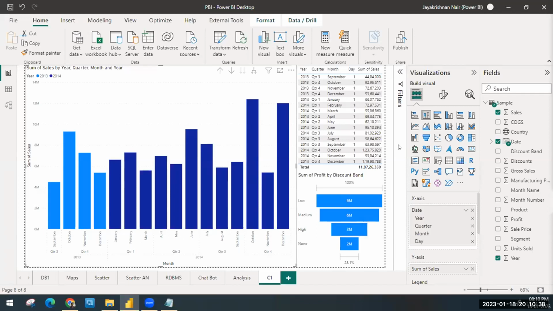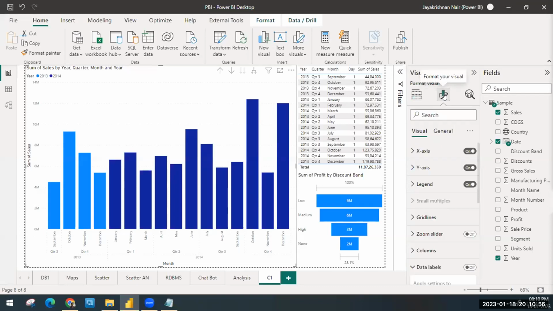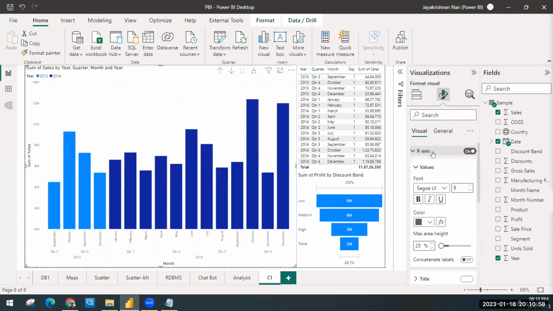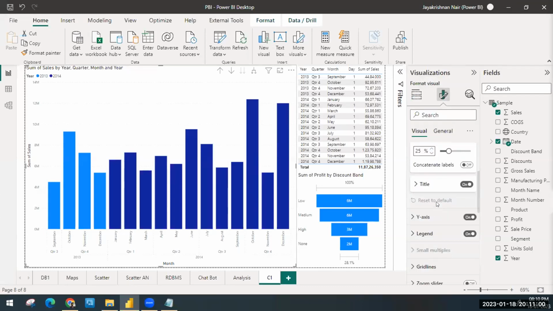But first and foremost, some of us may or may not have the year broken down in this sequence. Let's say in this case, you can see 2013 and 14 is below, then quarter 3, quarter 4, quarter 1. So all of it is properly formatted. In your case, if it is not, you just have to come to the format, and under x-axis you will see something called